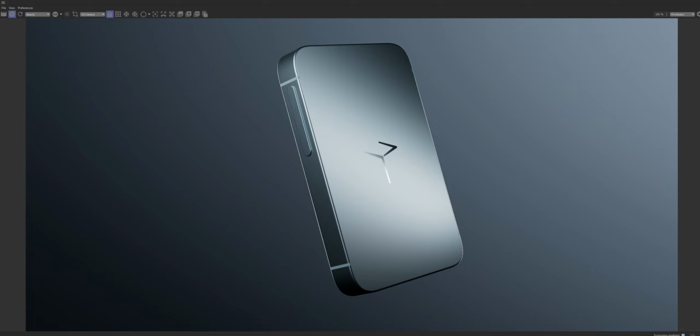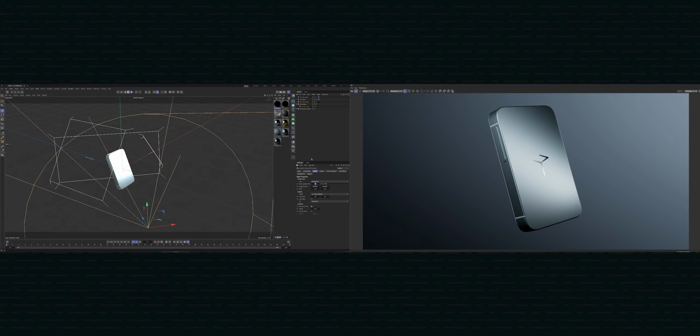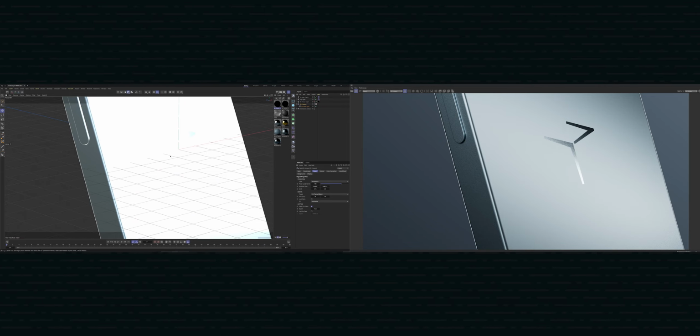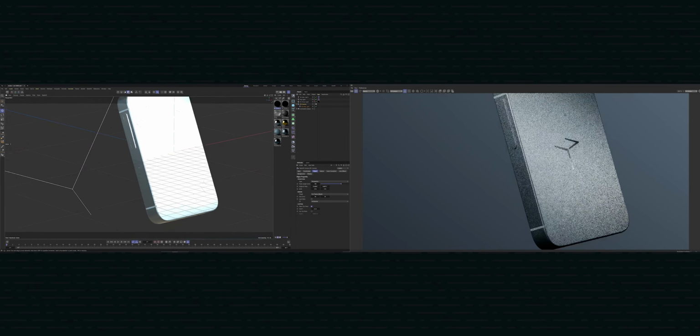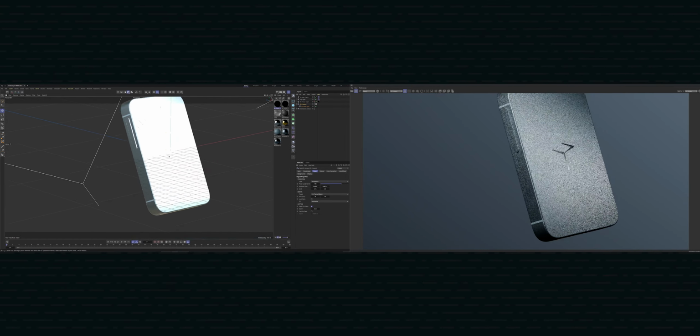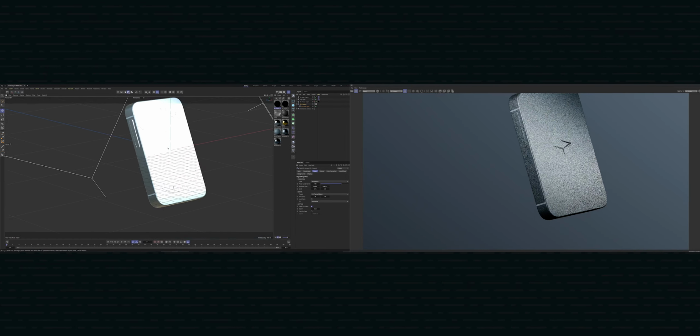This is cool. Maybe we want to try this out with a different focal length. So right now we've got a bit of perspective going on with our product. We can crank up the focal length, and then if we pull out a bit,